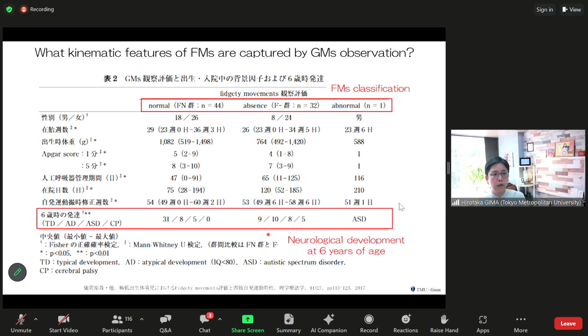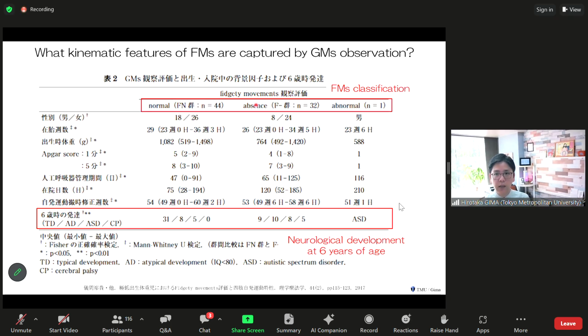The following slide shows a study on the relationship between the characteristics of fidgety movements and neurological development in very low birth weight infants. I'm sorry, that is in a Japanese paper. Please note the classification of fidgety movement at 3 months of corrected age and the neurological development at 6 years of age. Of the 44 very low birth weight infants classified as normal fidgety movements at 3 months of corrected age,